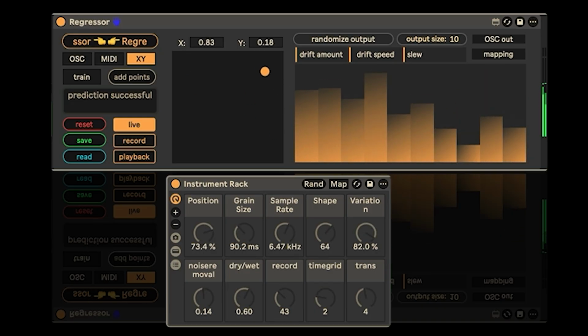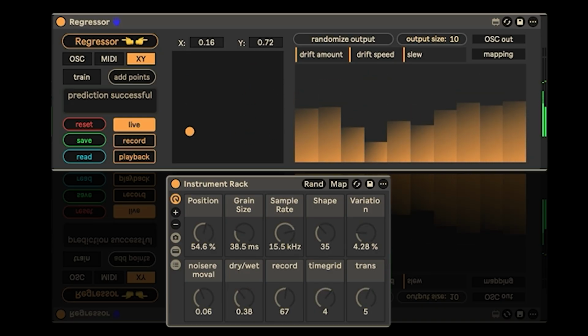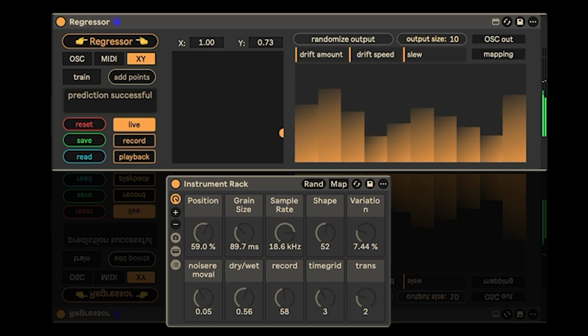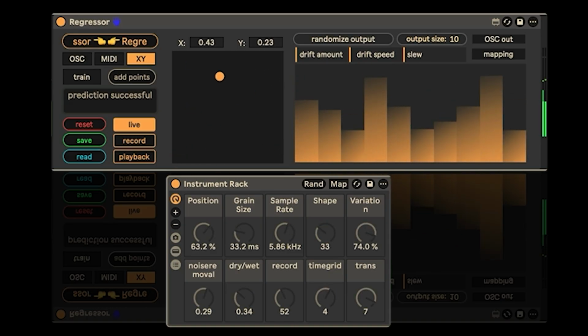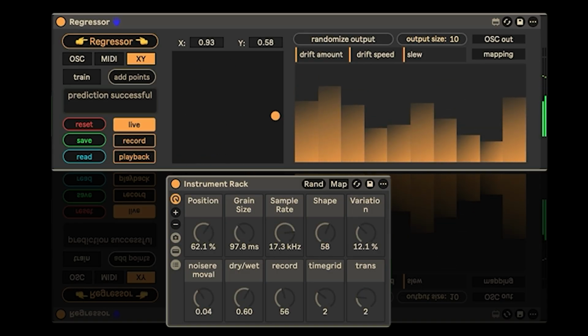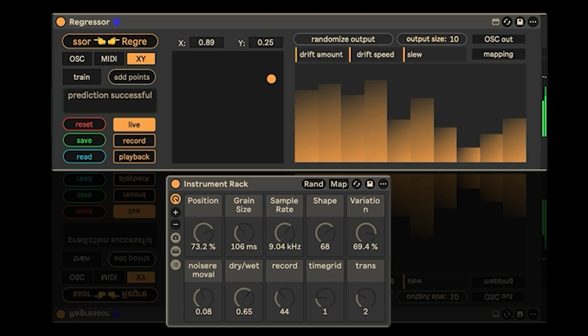Hi, this video is an overview of using Regressor. Regressor is a control and modulation system for Ableton that uses the power of machine learning to create complex maps between any type and any number of input control signals